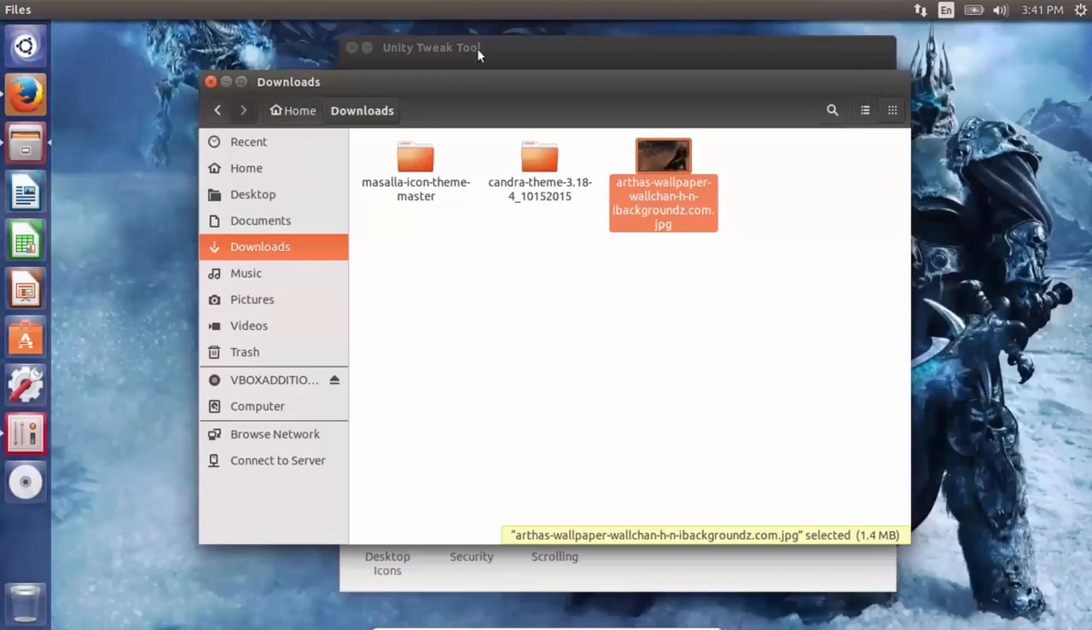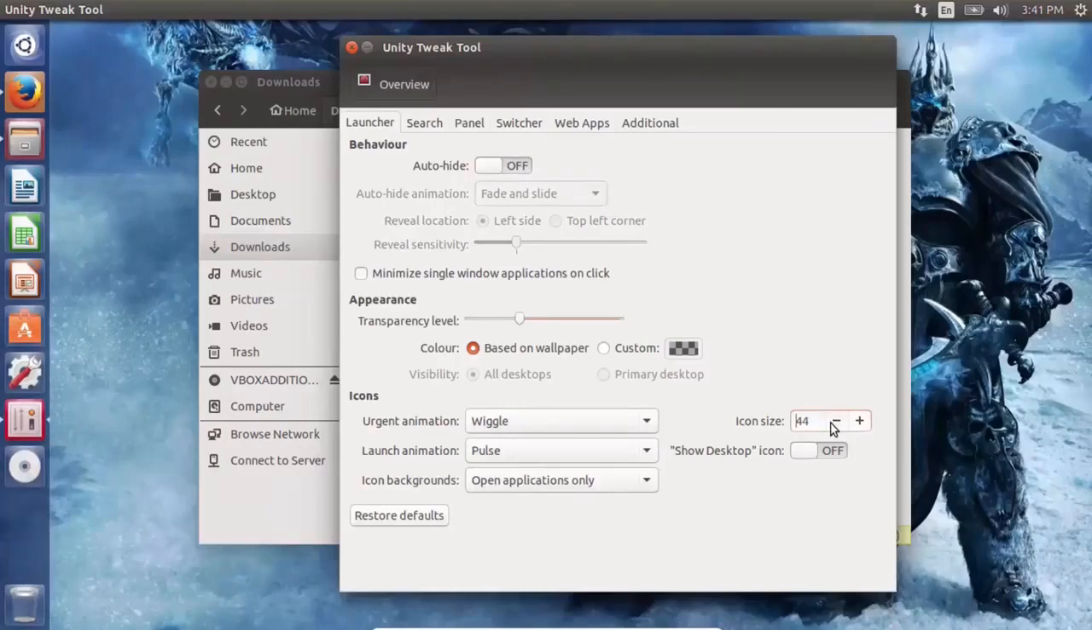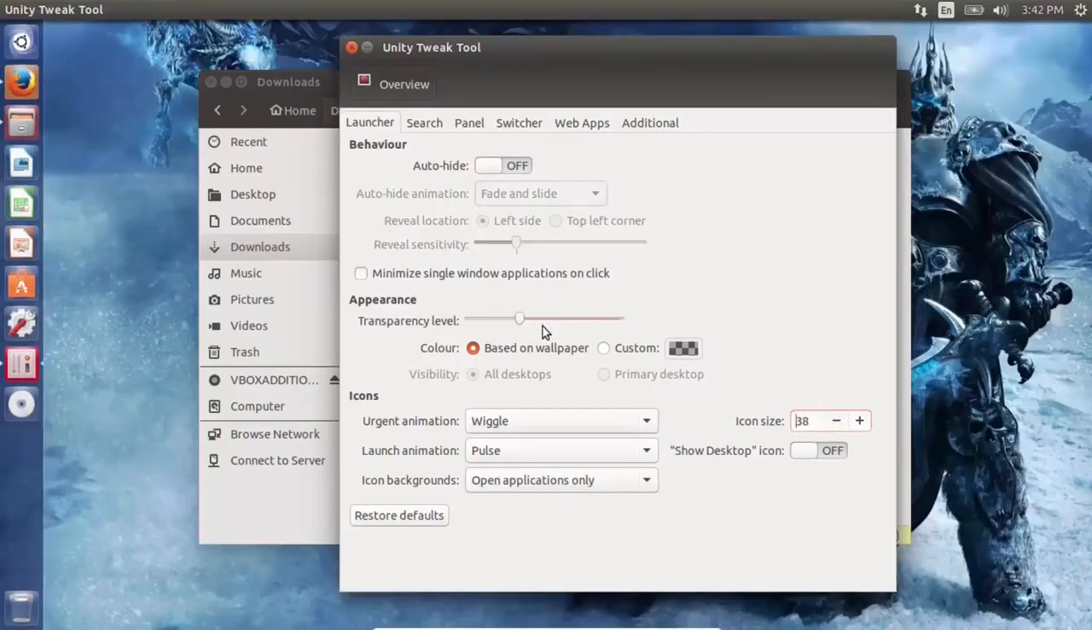Good stuff. Now I want to change some things about the launcher. Here we can also set it to auto hide, which we're not going to do. We can change the icon size, so I'm going to take it down to 38 pixels. I'm going to make it a bit more transparent. You can also change it to a custom color rather than a color based on the wallpaper. So this would be blue in this instance. If I turn transparency all the way down, we see what color actually is chosen. So I'm going to set that to about